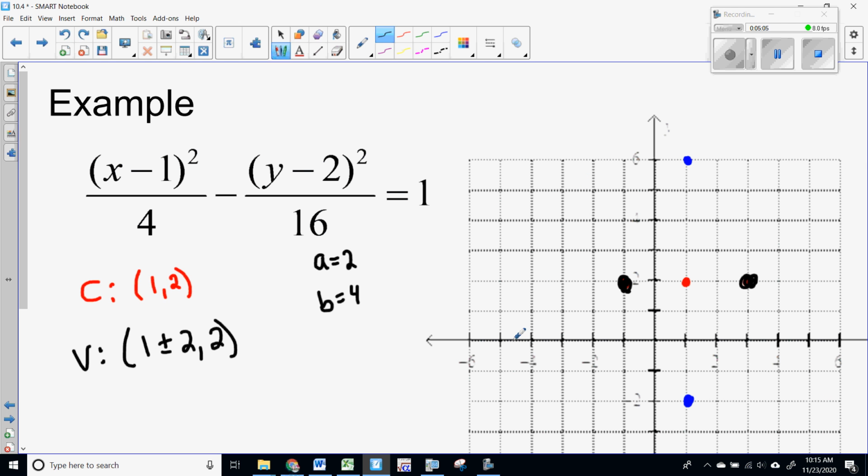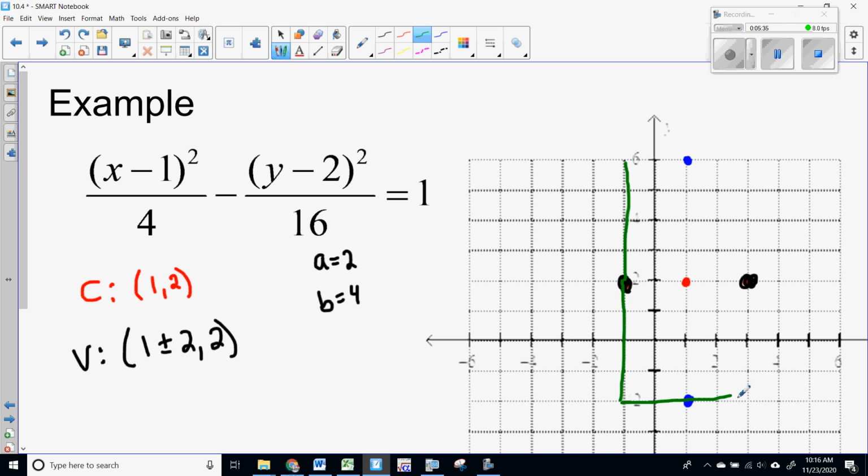This is the part that's a little different or interesting. So we know this is going to open left or right, but how does this open? Does this open like this? Does it open like that? We don't know. So what we're going to do is draw some lines to help us. I'm going to use my four points here, like we think about making the ellipse, and I'm going to draw a box